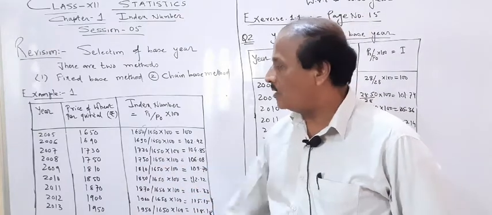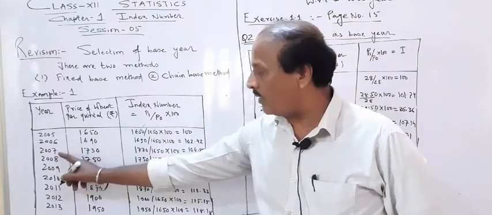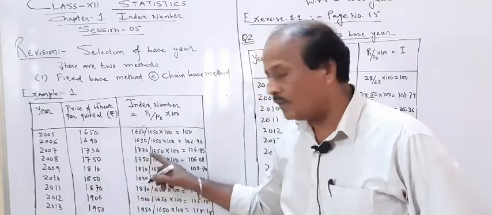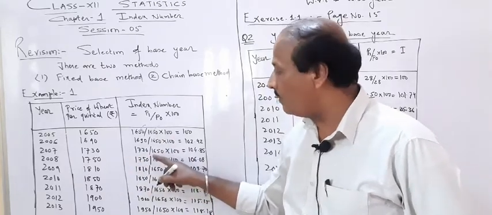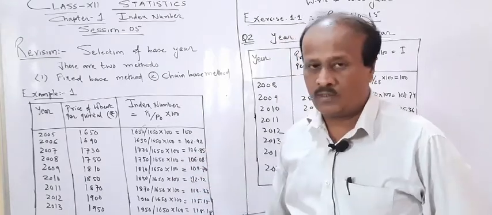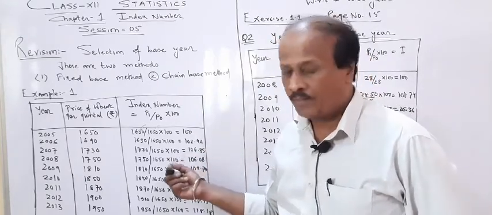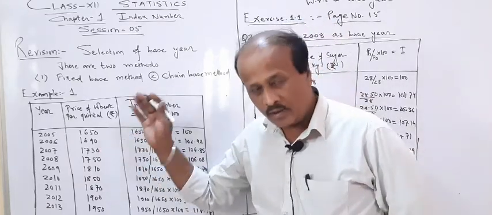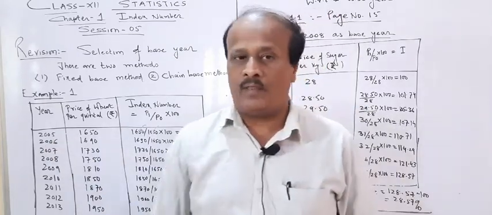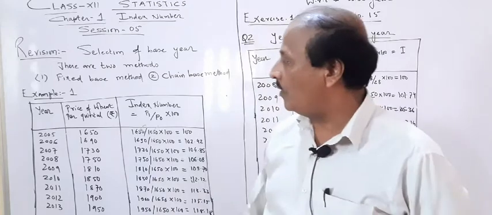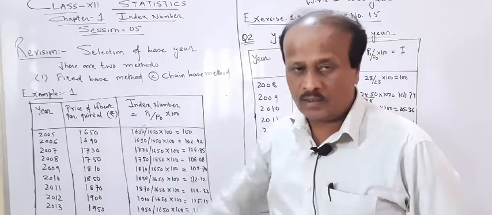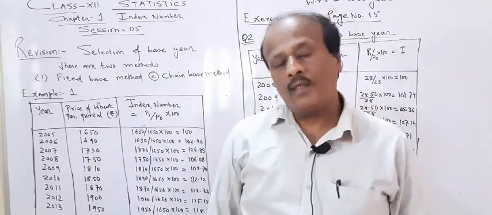Similarly, see 2007: what is the price value of wheat per quintal? 1730. So 1730, that value divided by the value of the base year, multiplied by 100, you are going to get this type of calculation. Do the calculation by your calculator. It is already calculated in your textbook as an example. Go through that calculation and then practice question number 1. In question number 1 also, we get the year, then we get the value of a particular article or material or item, and what are you going to do?